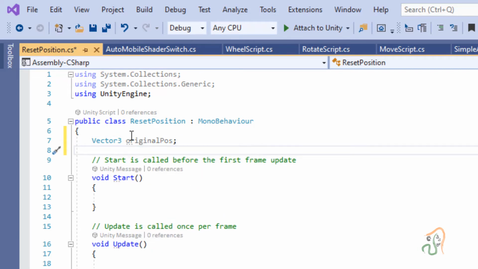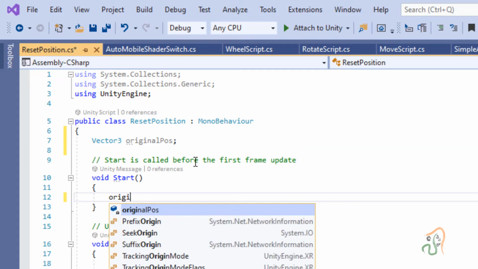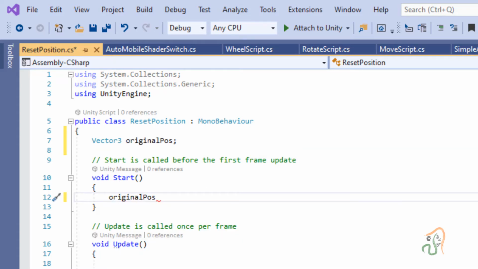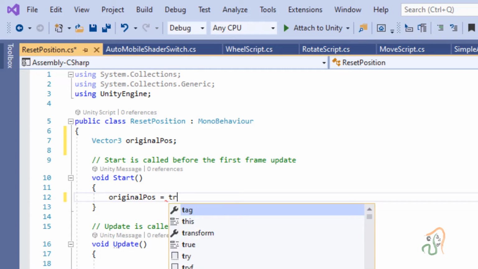And now as soon as the program starts, we want this originalPosition variable that we have declared to be set equal to transform.